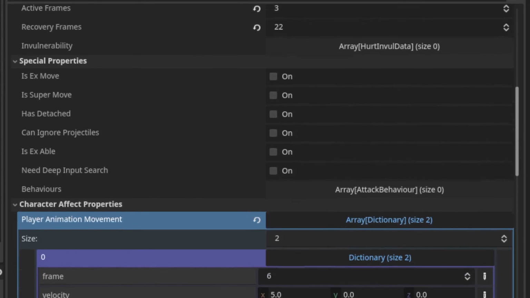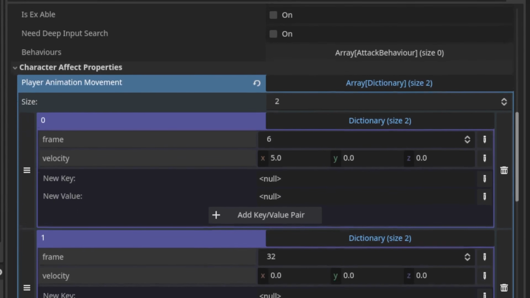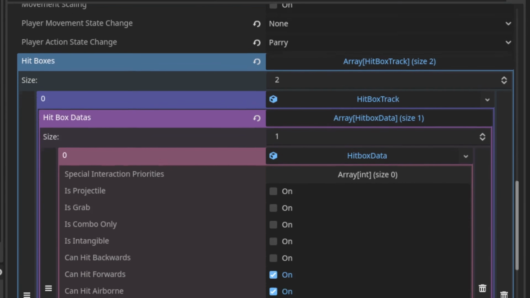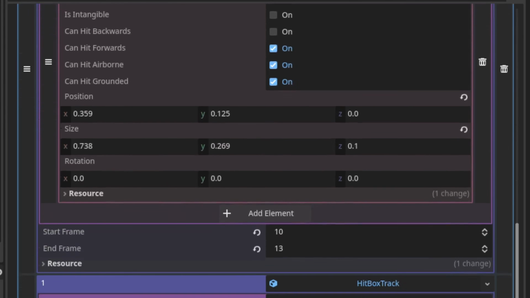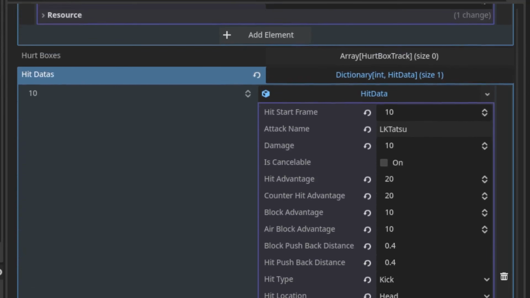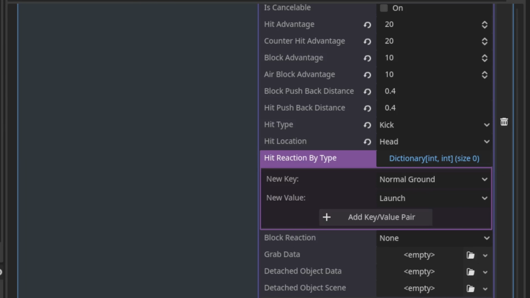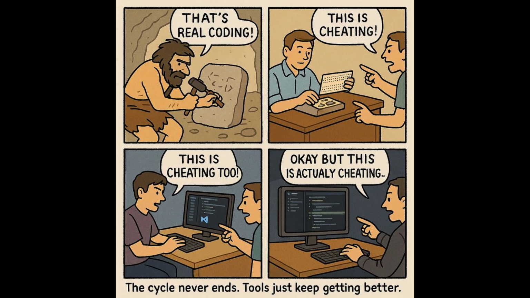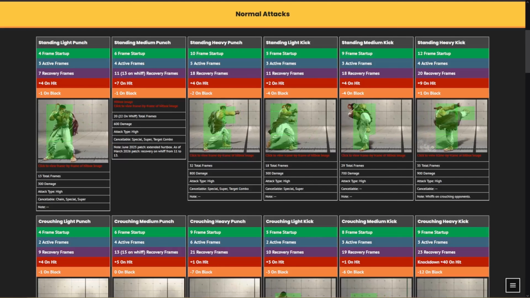The goal of these videos is to help people think like designers and really scope out everything that's required to make stuff like this. So I had to sit back and figure out what are attacks? What are moves really about? What are the data points that make them function the way they're supposed to? So in order to not reinvent the wheel and continuously spin my own wheels, I decided to look at other games. A teensy bit of studying on Street Fighter 6,